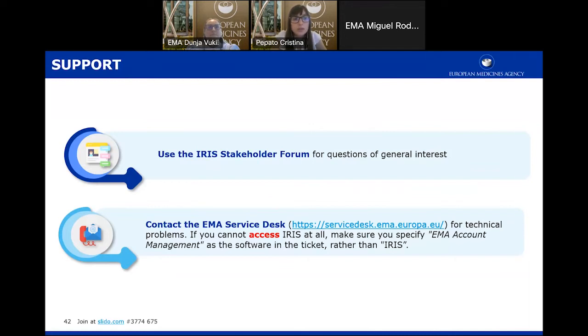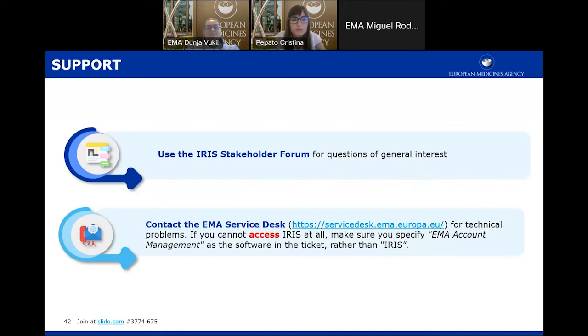As IRIS users, you can also go there and open a new thread in case you want to ask anything specific to a new topic that you do not find already listed in the forums, and you can include your question there. Of course, we invite people to post questions of general interest because the stakeholder forums are public. So all the information you put there will be publicly available. So it is not the place to share any confidential information or any files, let's say, that are related